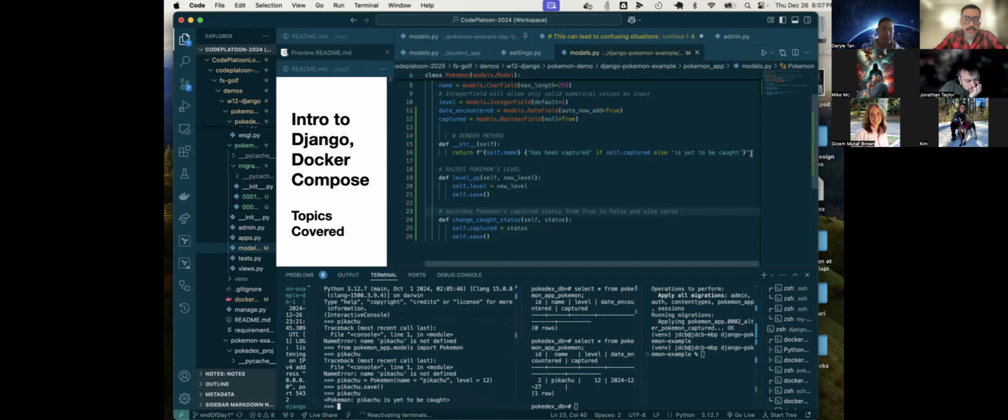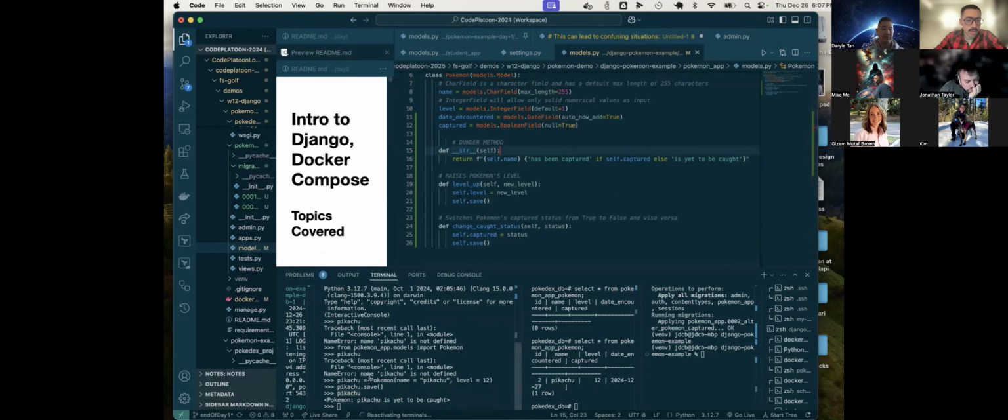Now it's going to return that sentence that we added, right? So we're calling self through the name Pikachu, because that's what we had assigned the values for the database to. And it returns the name of that object and a string, whether or not it has been captured. So now let's try running this level up method. So Pikachu dot, or actually, no, I want to run change caught status. So if I run this and I pass in